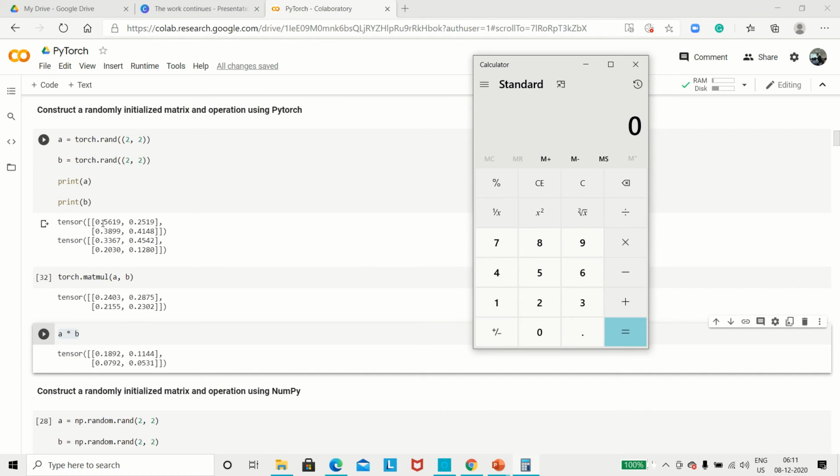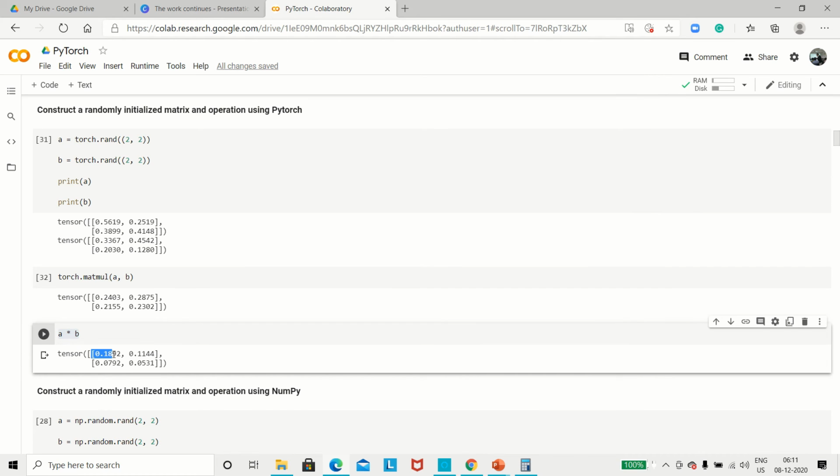So let me first do element wise multiplication. First element of A, 0.5619, multiply by first element of B, which is 0.3367. Now you see the resultant is 0.1891. This is shown here when you are using the star command.